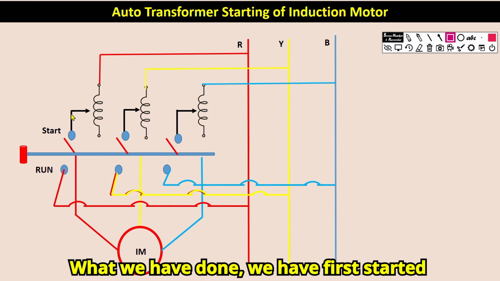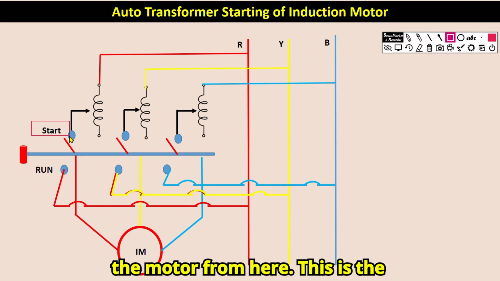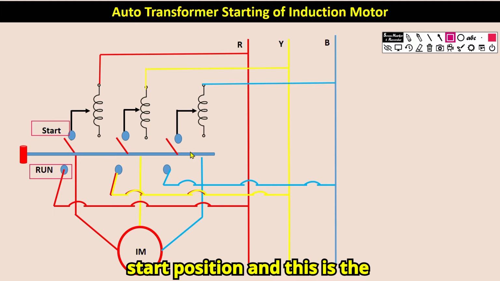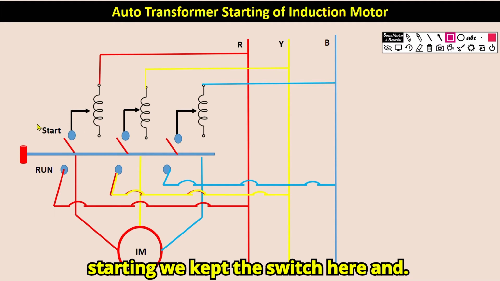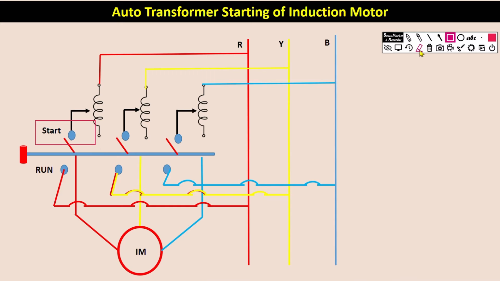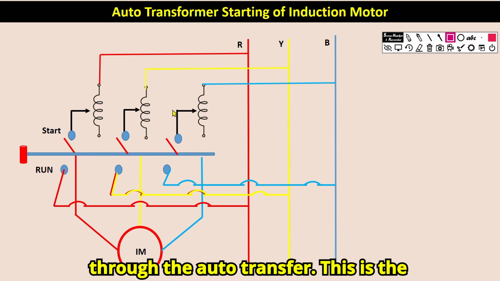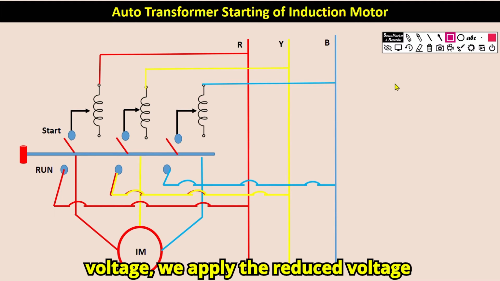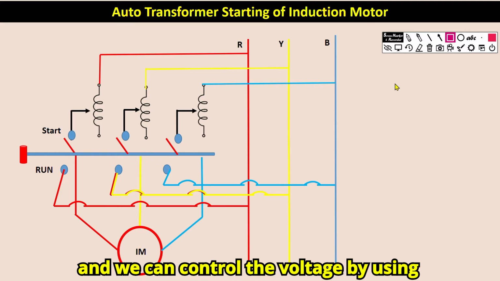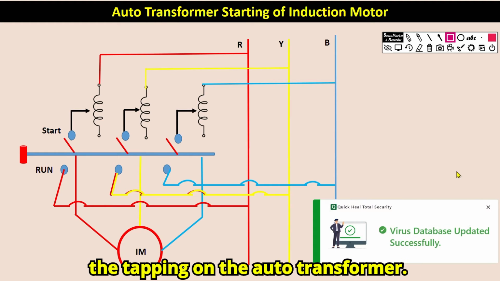What we have done, we have first started the motor from here. This is the start position and this is the run position. When starting, we kept the switch here and started the motor through the starter, through the auto transformer. This is the auto transformer. We cannot apply full voltage, we apply the reduced voltage, and we can control the voltage by using the tapping